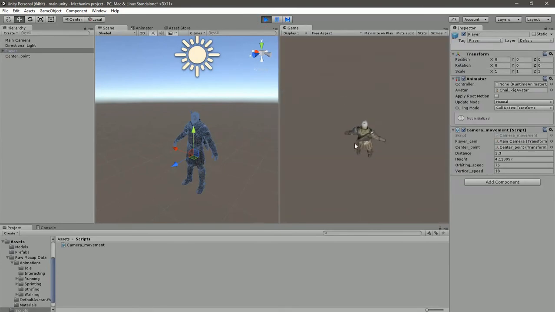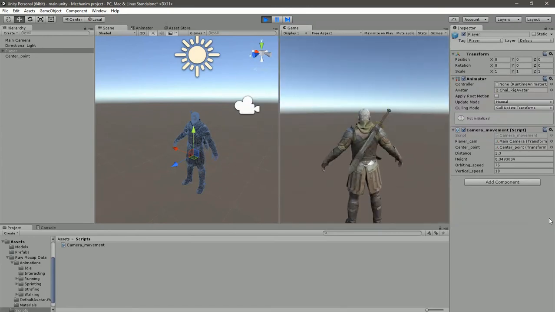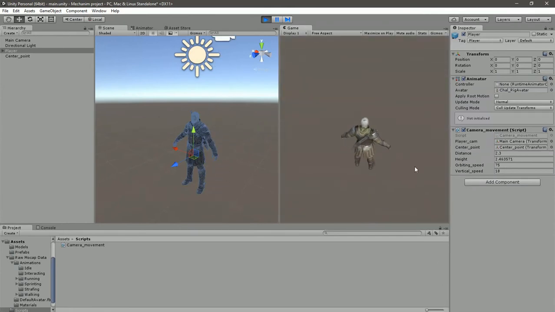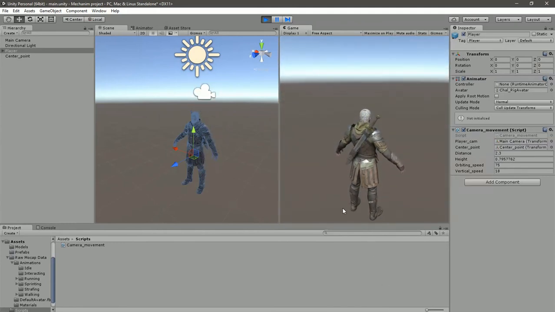And now you see it's working, but first, the y-axis isn't inverted, and that's a little bit unintuitive. And second one is